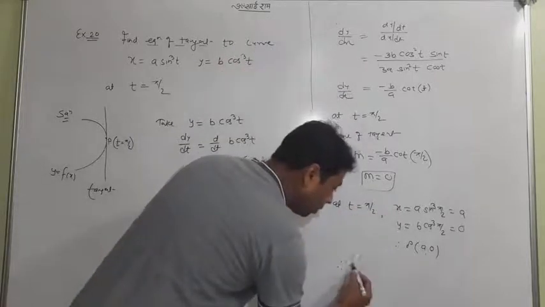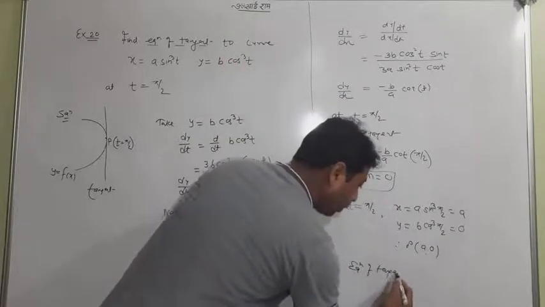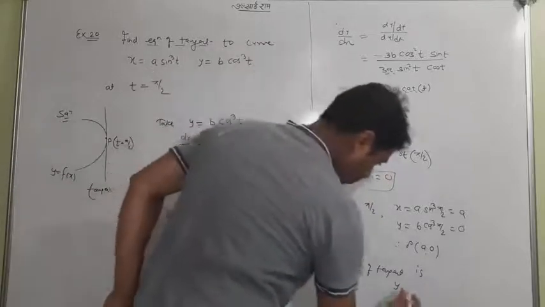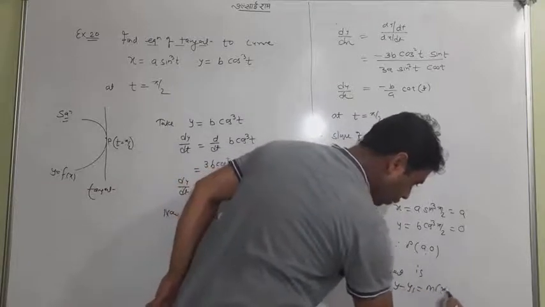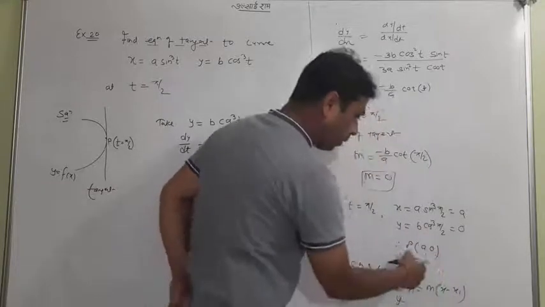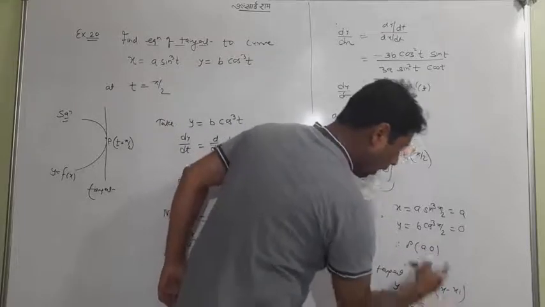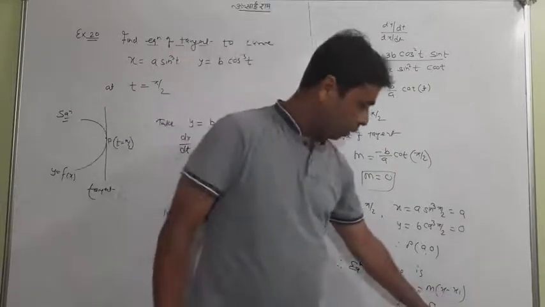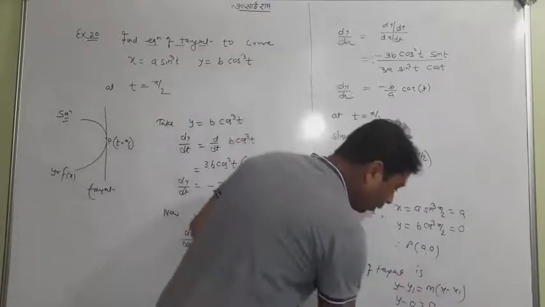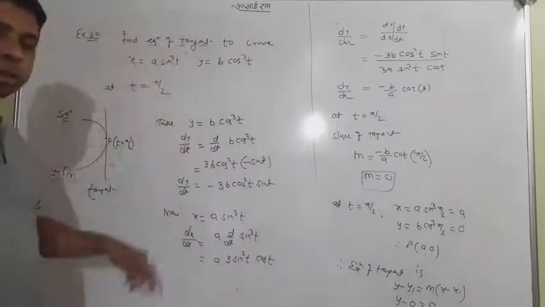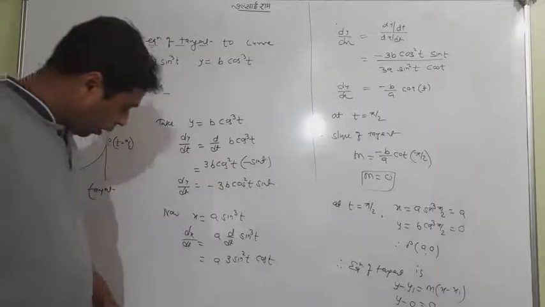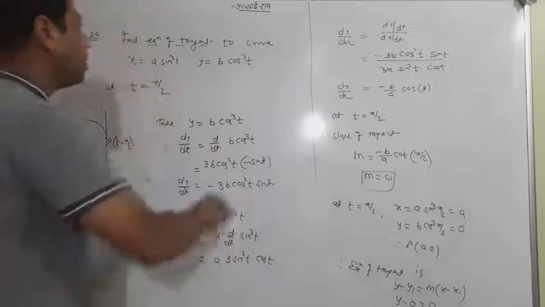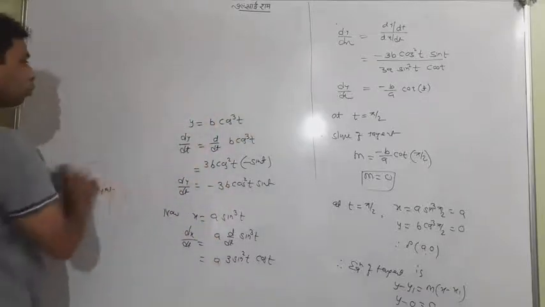The equation of tangent is y minus y1 equal to m, x minus x1. What is y1? It is 0, and m is equal to 0. So I don't want to write the further steps here, because all will be 0. So your answer is only y is equal to 0. This is the equation of the tangent. You have got it. So the question looks very long, but I don't think they are tough. They are very simple with a simple concept also. So do them only.